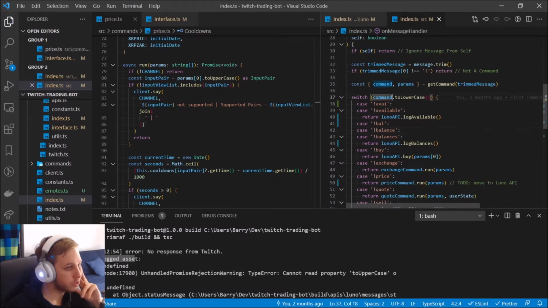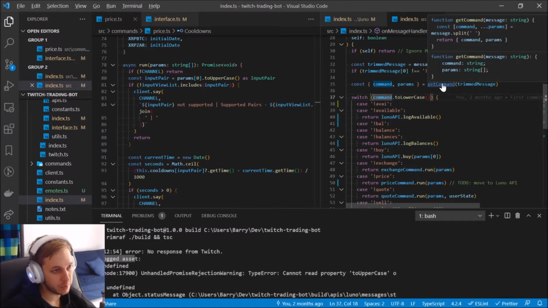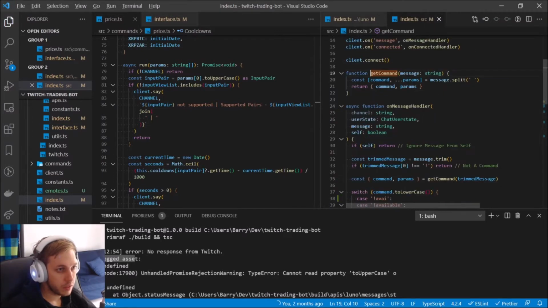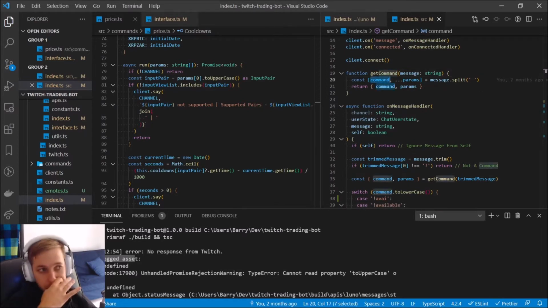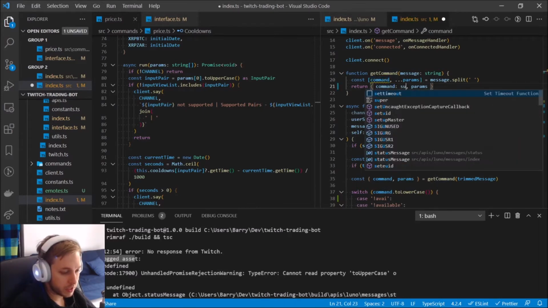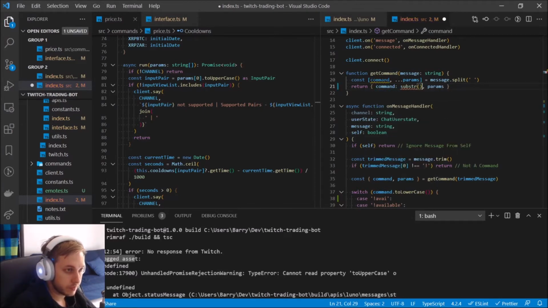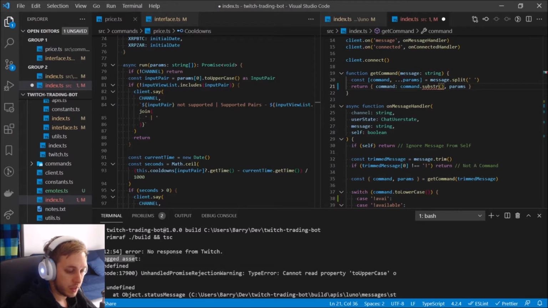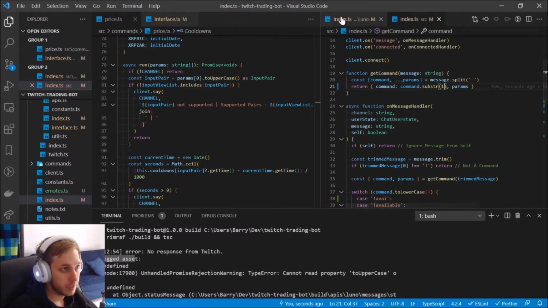I guess I could just get the command, because I always forget that exclamation mark. Get command. Command is going to be command dot substring, and substring from 1. And then if we go back to